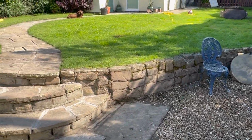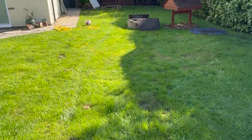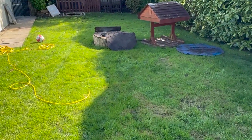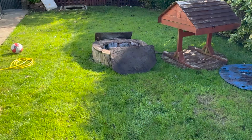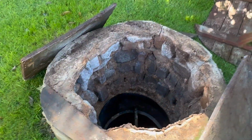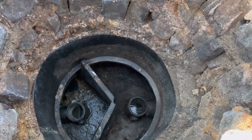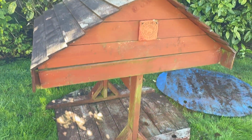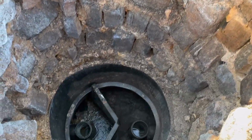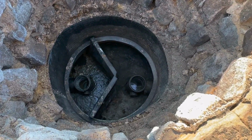Now, we've been having a few problems with our drains. Basically, they've all been backing up and we've been flooding. So this is what happens, and I've got a tap running in the kitchen to show you. We don't have a septic tank, we have a cesspit, which is covered by this dodgy well, which I am changing. So the water comes from the bungalow, with the kitchen tap running, runs into the drains, into the